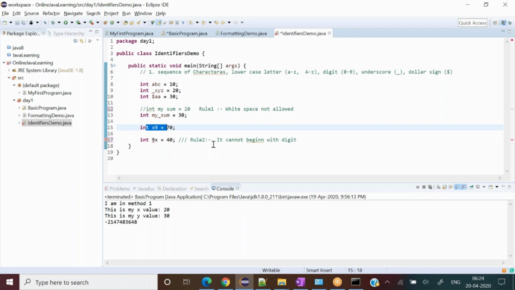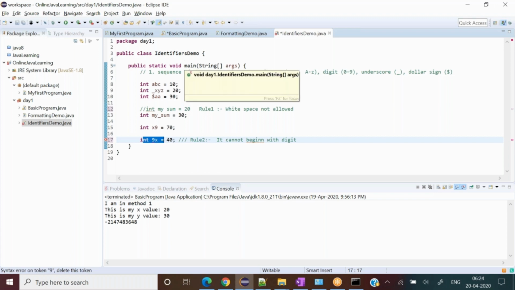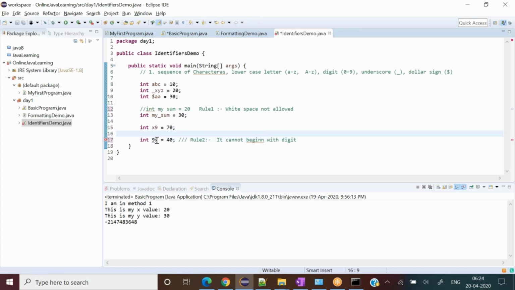However, a digit is a valid case for the identifier, but there is one special case that we cannot start our identifier or variable name, any name, with a digit. Don't get confused that I'm writing with respect to the variable only. It could be applicable to the class and method name also. Just for the explanation, I'm going in a flow, so I'm writing for the variable names only. So a digit in an identifier is absolutely fine, but there is one glitch: we cannot start any identifier with a digit, right? Yes. So that one should know.